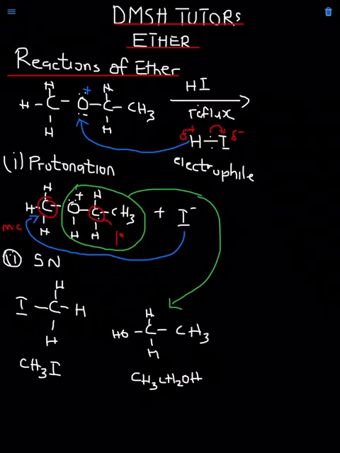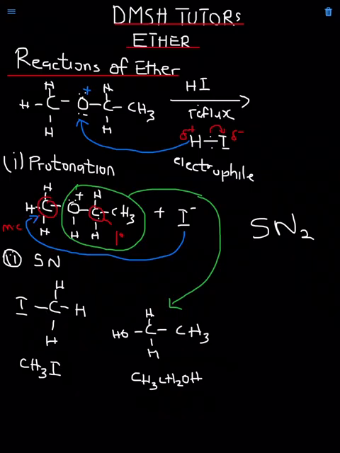So this reaction is said to be an SN2 reaction. The reason why it's an SN2 reaction is this: the two carbons that are attached to the oxygen, two of them, are not tertiary carbons. It's only when you have tertiary carbons that you can have SN1 reactions. So once you have primary or methyl carbons attached to the oxygen, you cannot have an SN1 reaction in that case. You get that?